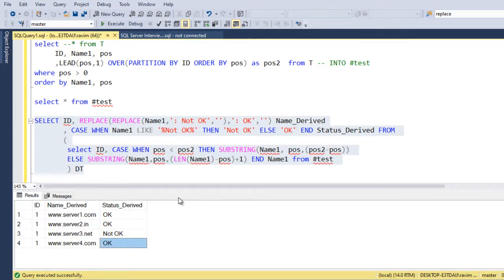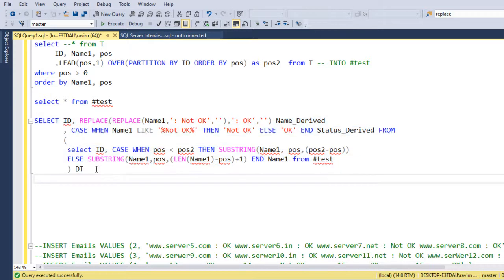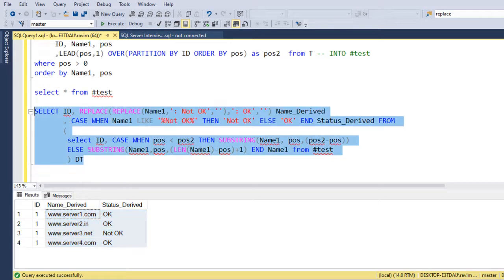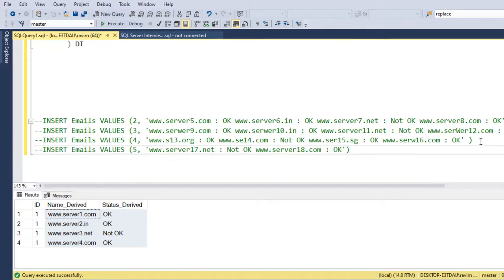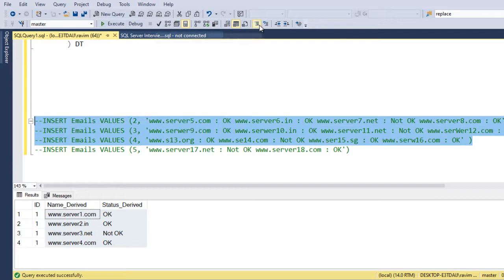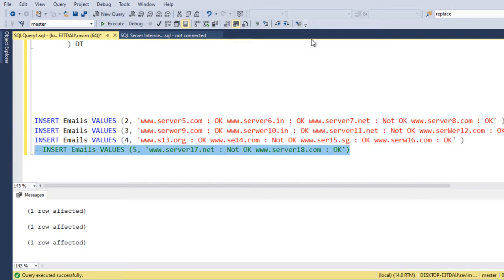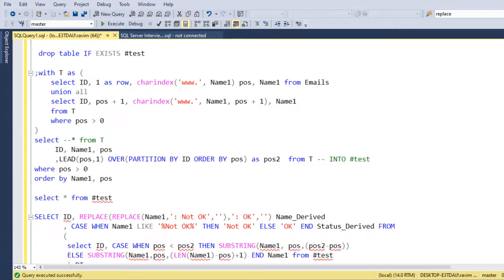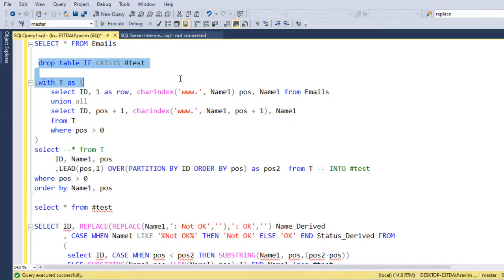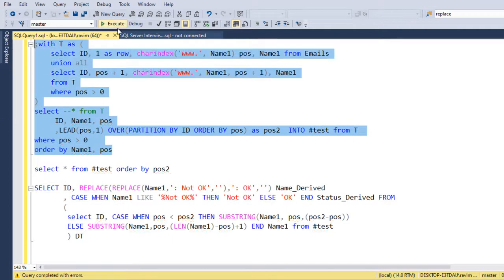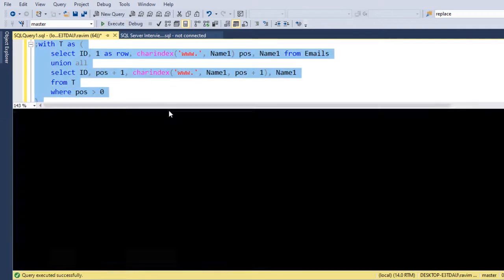So let's insert a couple more records and then see. As you see here, it is correctly working now. So basically we are getting the data, right? Let's insert a couple more records. So I'm inserting 2 more records into this one, and then I'll also insert a couple more. Let's rerun this entire query again. Let me drop the table if it exists, so that I'll get all the starting and ending positions of the string. So we are loading it to the temp table. This says 18 rows affected.